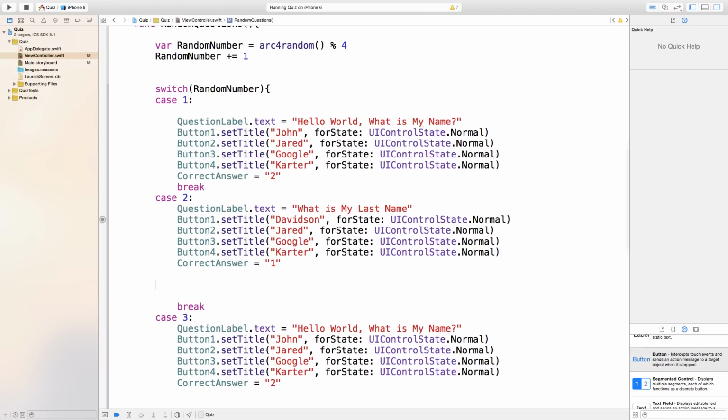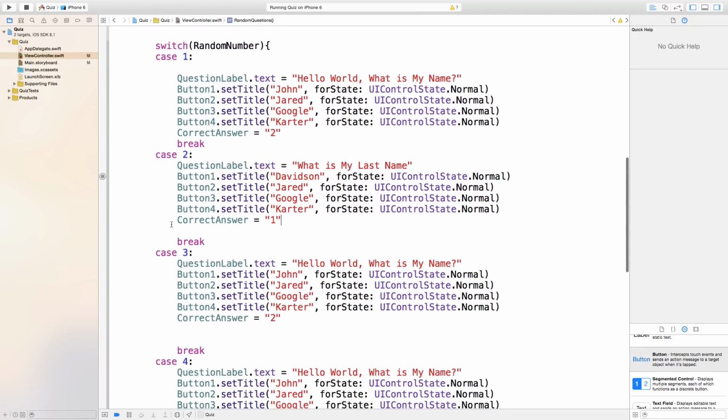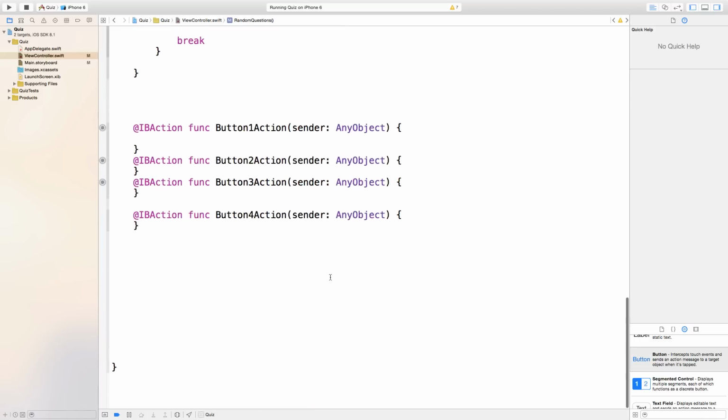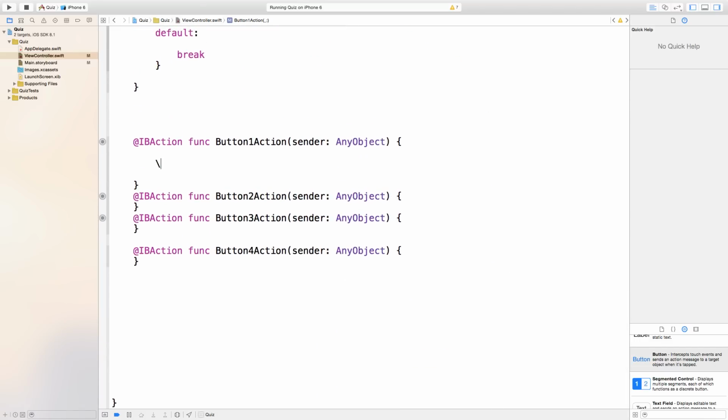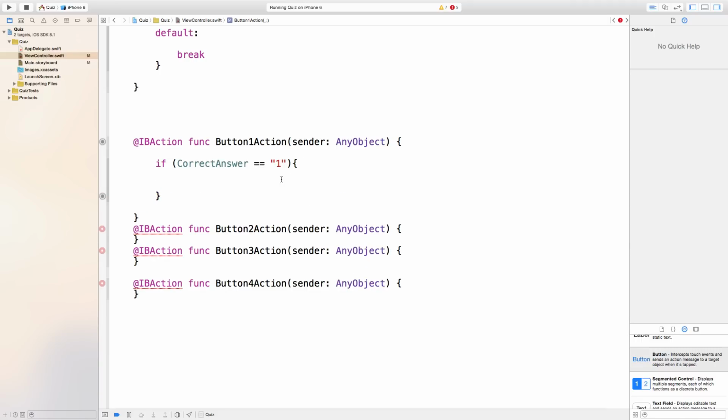So now that is going to work for all of these cases. So now let's go down here to our button 1 action right down here. And we want to say if, open parentheses, close parentheses, say correct answer is equal to 1, or equals 1. Actually, open like that. So if correct answer equals 1, then go ahead and just say